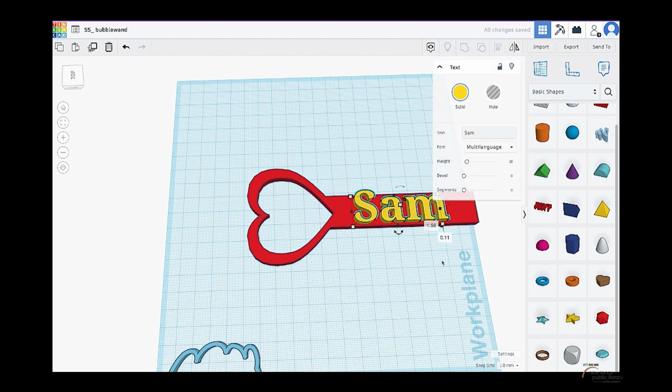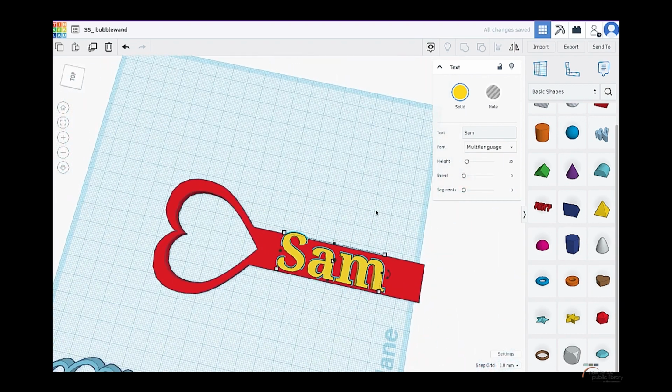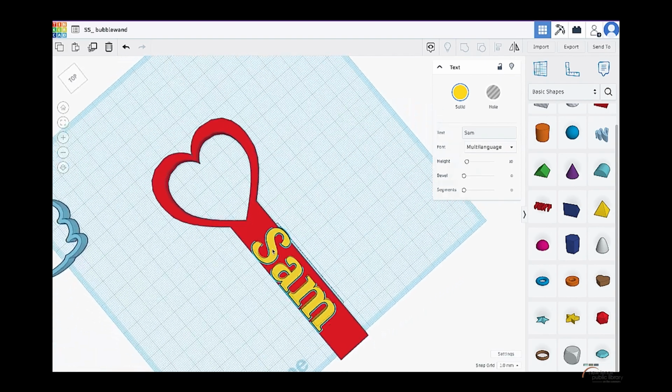So isn't that neat? It's like you have your own personalized bubble wand that you can bring to parties or any gatherings that you go to, and say if you want to show